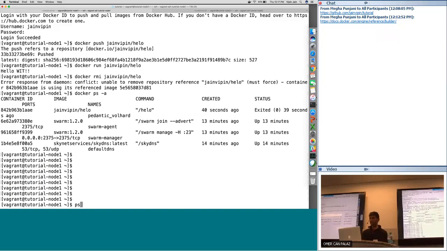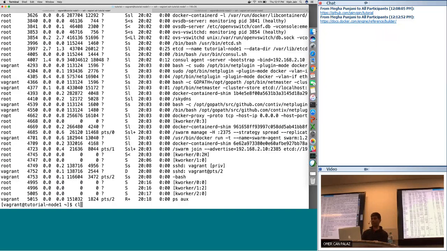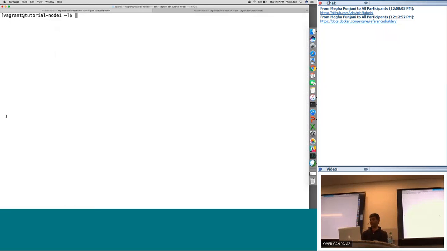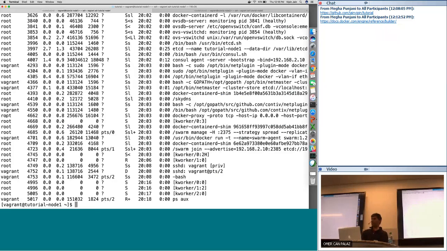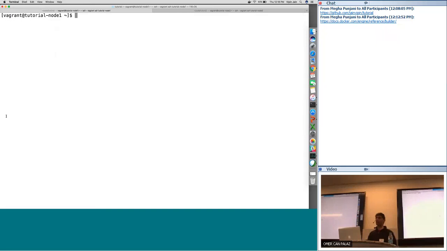Because if I look at my processes here right now in a VM, I have like two processes, which is bash and ps running. I can have lots of processes running here, right? I have all these tools and things which are running in the VM. So that is the namespace of the host. Once we get into the container, we'll see that the container will not see all these things which are running in the underlying operating system. That's because of the creation of that environment that I'm talking about.